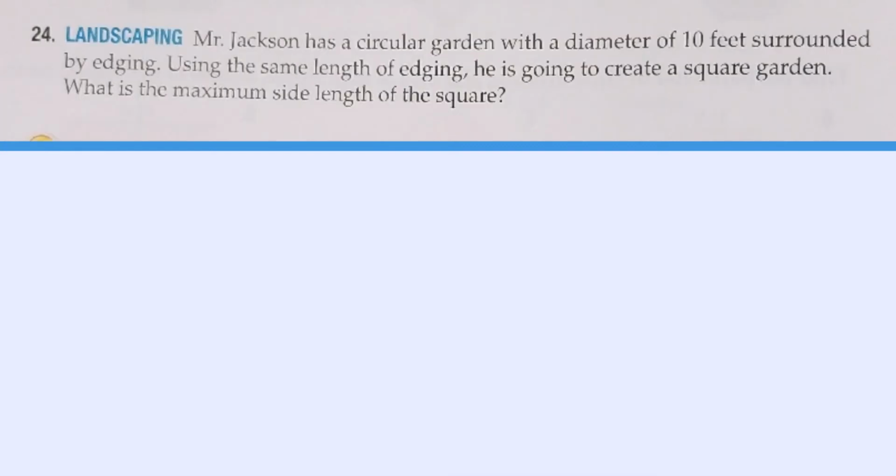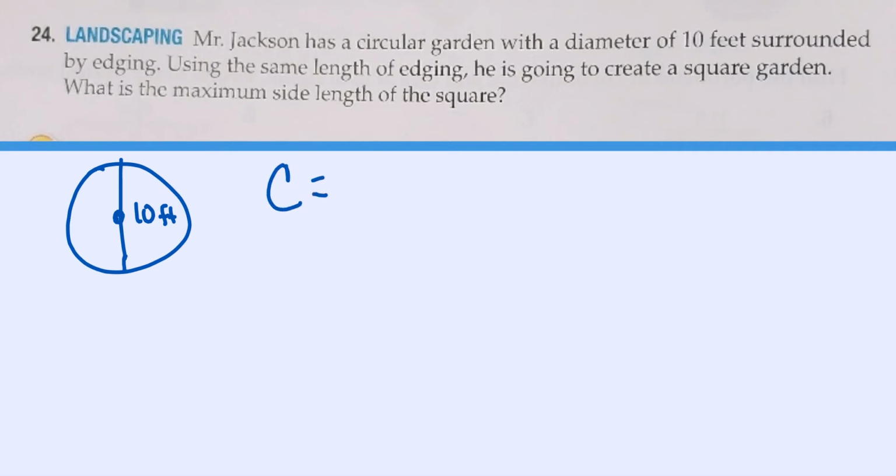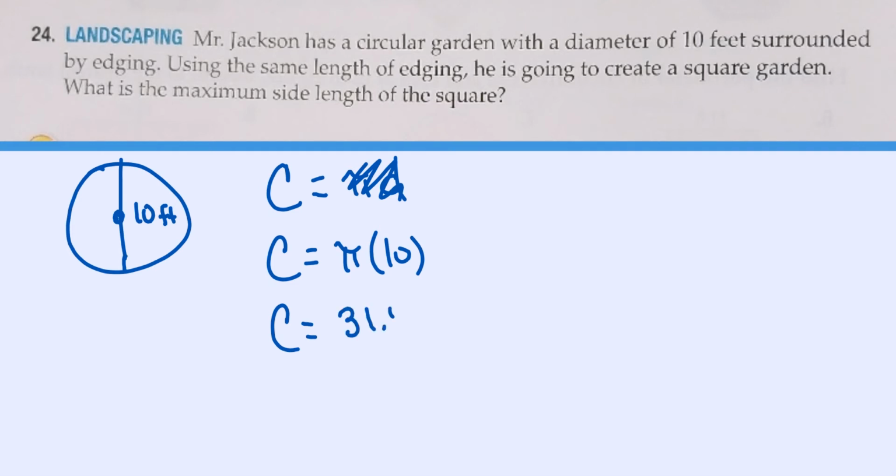And that's it. Mr. Jackson has a circular garden with a diameter of 10 feet, surrounded by edging. Using the same length of edging, he's going to create a square garden. What is the maximum side length of the square? So he knows that his circumference is equal to pi times the diameter. Our circumference is equal to pi times 10 for the diameter. So my circumference is going to be about 10 pi, or about 31.41